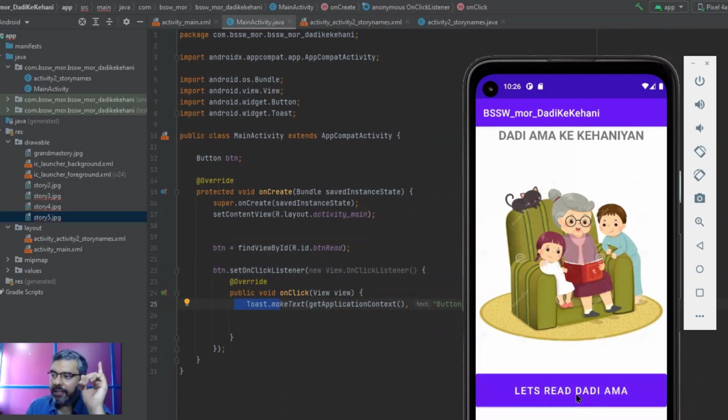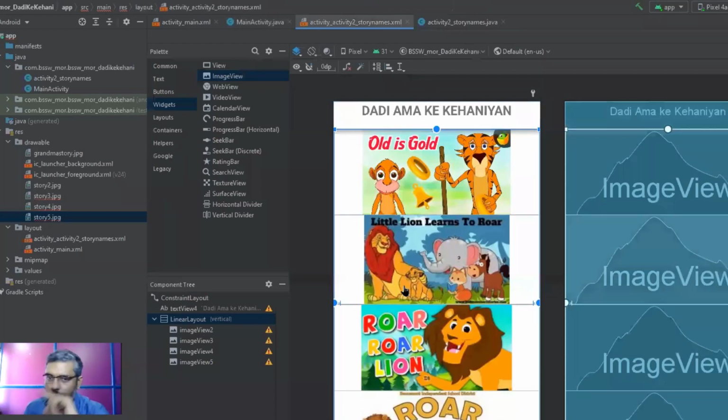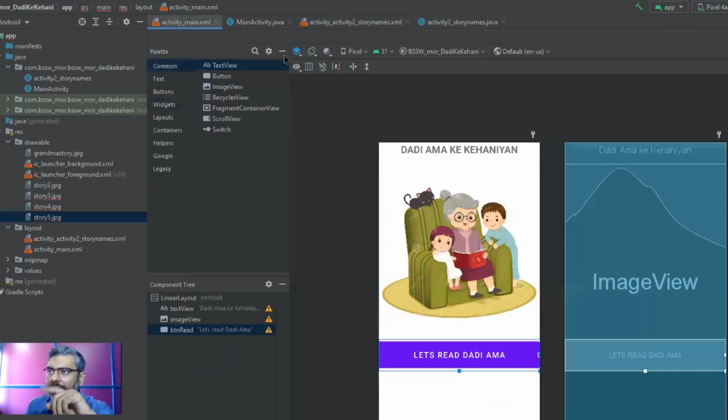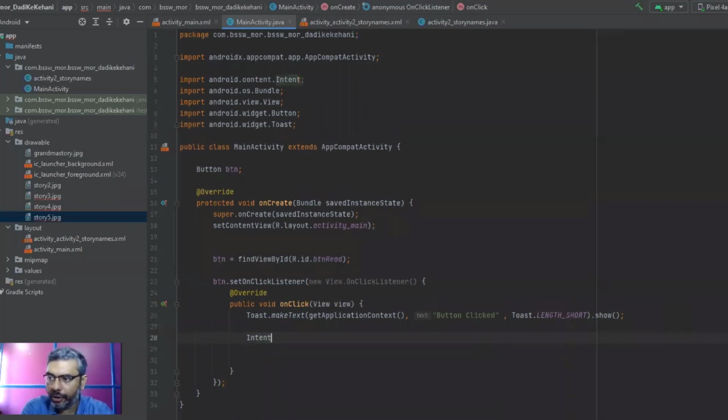The main thing is that once I click on this button, this activity panel should be loaded. It's not loaded. What should we do now? So we come back here. This time we will use something called intent. Now, intents in Android are something that are used to load and talk to activities. Okay, load